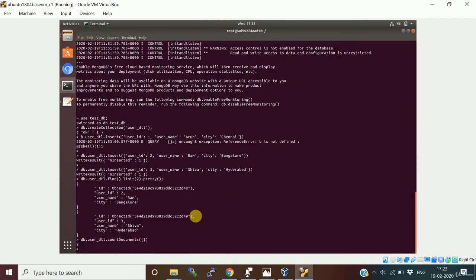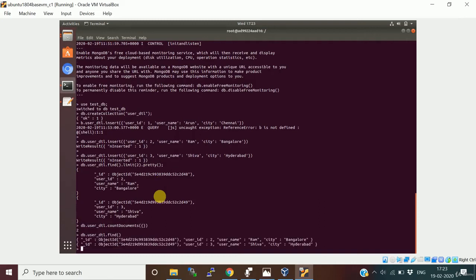So it says 2. Actually we have 3 documents, I guess. Somehow it says 2 here. Basically we have 3 documents in this. I just say db dot user dtl dot find. Okay, you have only 2.